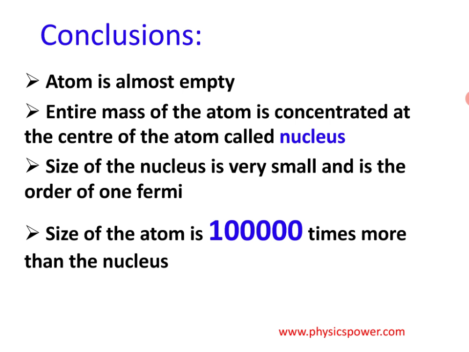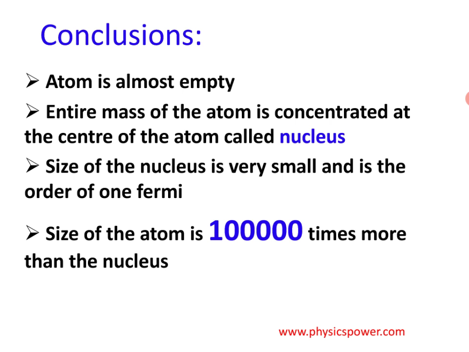His biggest achievement is that he was able to give a clear picture about the positive charge inside the atom. About negative charge, some information was given by J.J. Thomson, but the clearest information about positive charge and its location, with experimental proof, was given by Rutherford. That is the best part of the Rutherford alpha scattering experiment. Here, a heavy positive charge is located at the center, and the atom is almost empty. Most alpha particles cross the foil, and in a very rare condition an alpha particle goes back, deviating with more than 90 degrees angle.